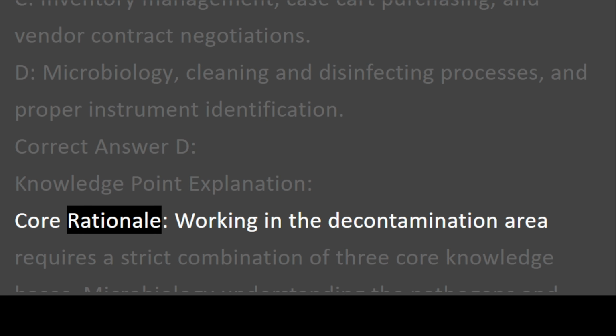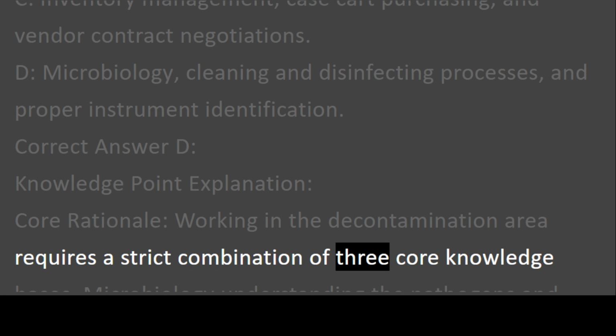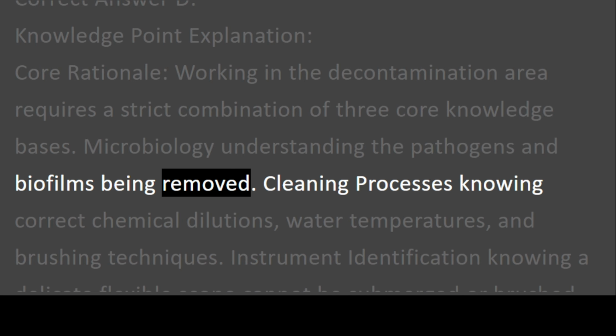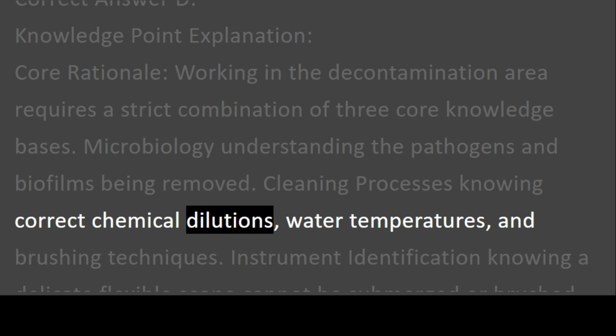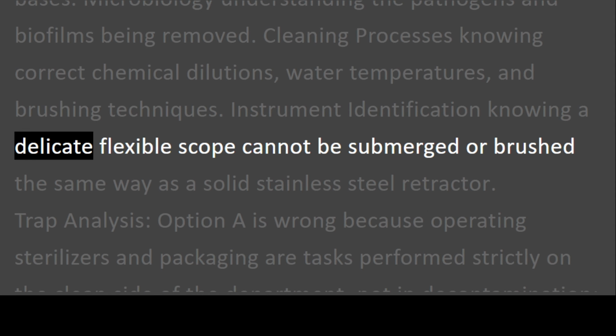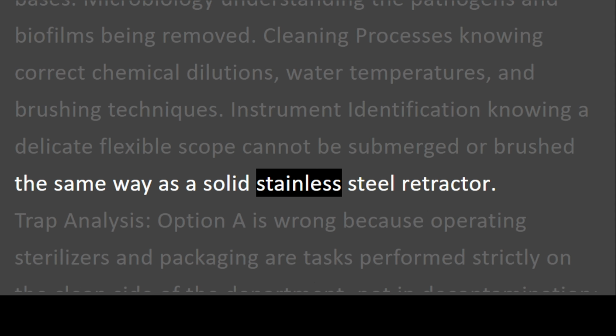Core rationale. Working in the decontamination area requires a strict combination of 3 core knowledge bases. Microbiology, understanding the pathogens and biofilms being removed. Cleaning processes, knowing correct chemical dilutions, water temperatures, and brushing techniques. Instrument identification, knowing a delicate flexible scope cannot be submerged or brushed the same way as a solid stainless steel